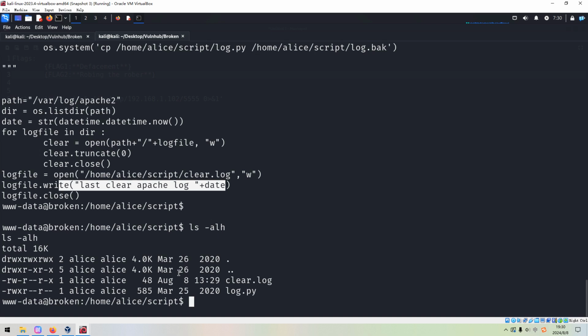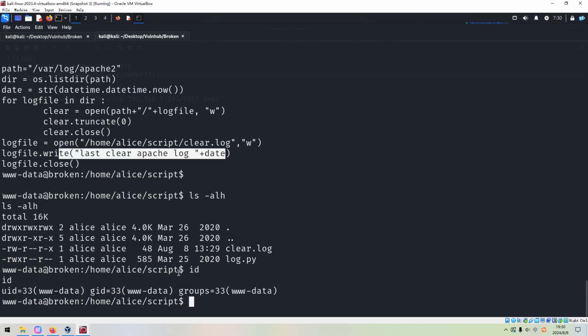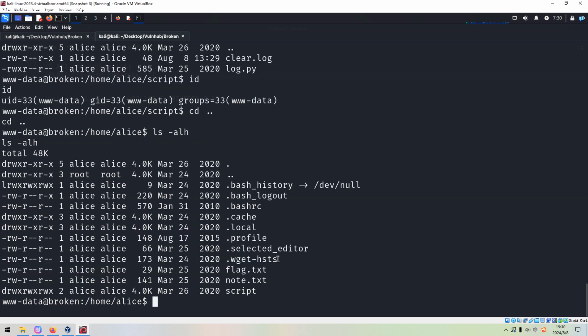However, the current user, www-data, doesn't have permission to modify this directory. But if we go back, can you notice the permissions for this directory? Beside the owner and the group, everyone can have all privileges to this directory.